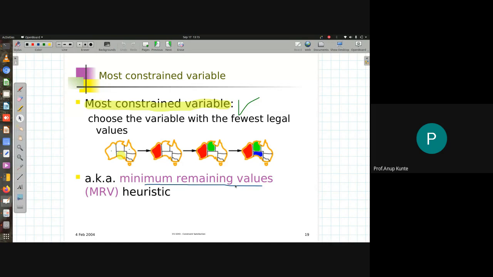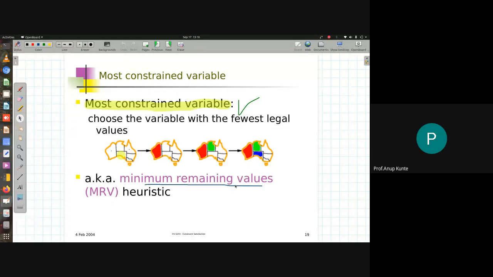Hence, as I reach the concluding leaf in that particular path, that will happen soon. As that will happen soon, I will realize soon that I can't go further. So I will backtrack sooner, and then I will reset my direction towards the other subtree or other side of the tree. So that is what this particular heuristic is providing me.